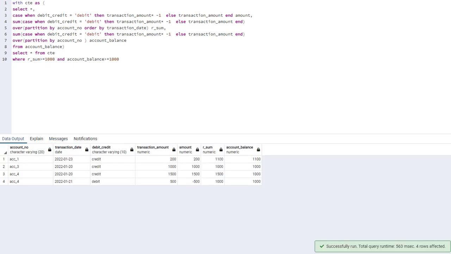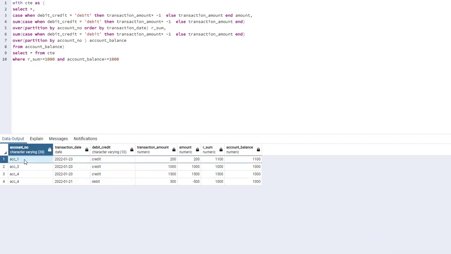All right, now we have the accounts that have total balance greater than or equal to 1000. Before that, the running sum is obviously greater than 1000, as I said in the function. We are good on account 1 and 3, but notice here